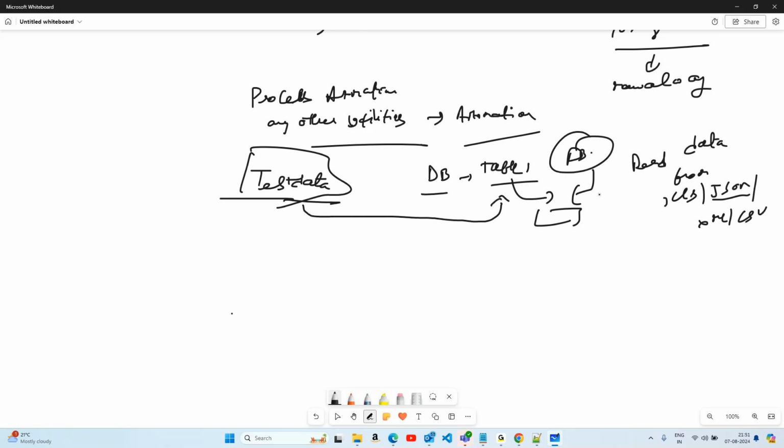Okay. So you have your test data. Where would you have your test data? In an Excel file. It can be in Excel, or in a JSON file, or in the form of XML or CSV, any format, some external file. Let's say you have your test data itself. This is a very simple example where you maintain your test data in XLS. Do you agree with this? Now, in order to read the data from XLS,